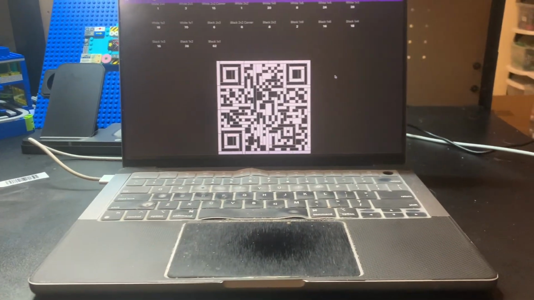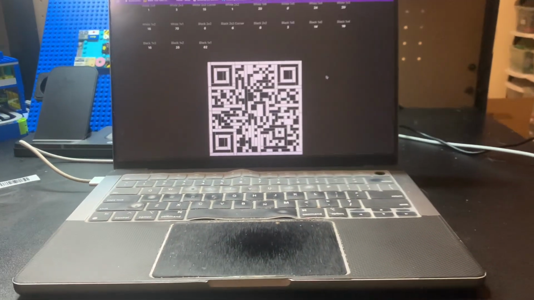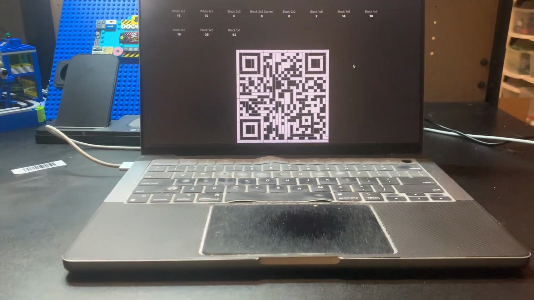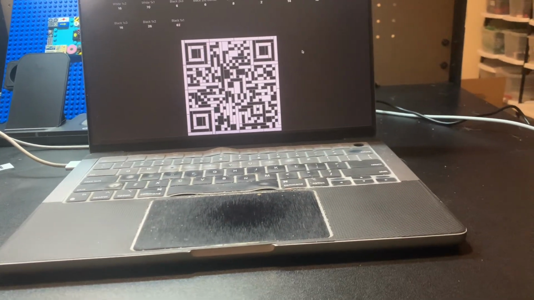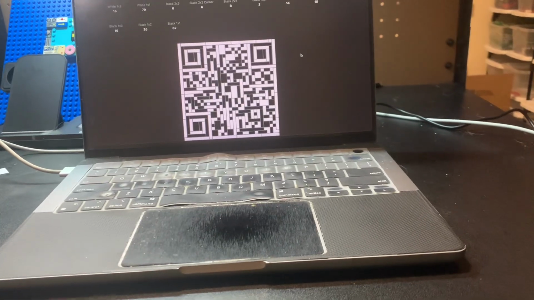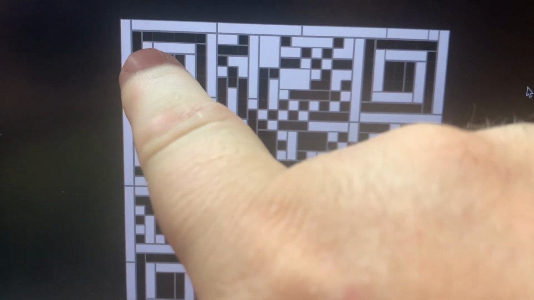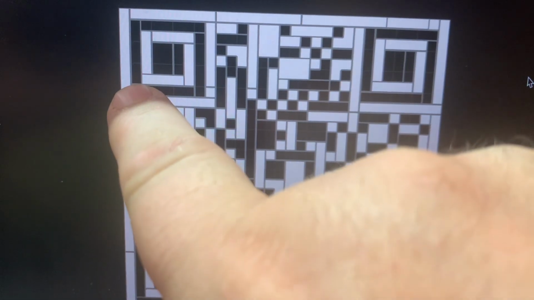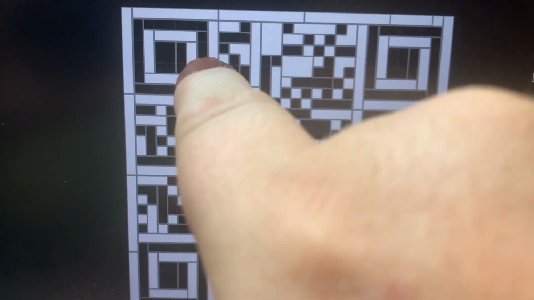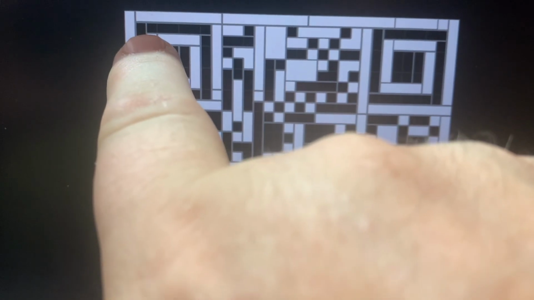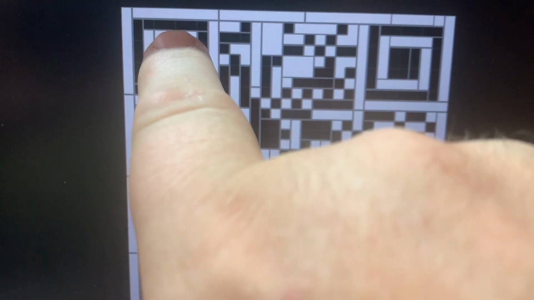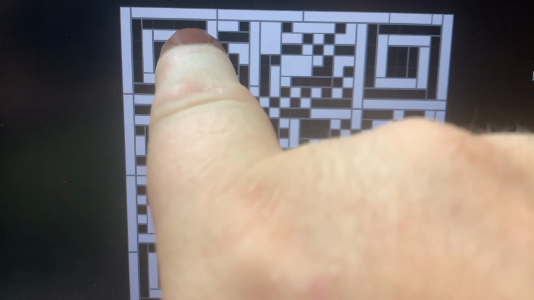Okay, I've been playing around with this software to make QR codes out of Lego tiles. I outlined a few issues yesterday with the placement of some of the tiles, and things just weren't going great. Especially up here, I had two 1x6 black tiles on the left and the right at the top. And that just made it so that there was only room enough for a 1x4 and a 1x1 at the